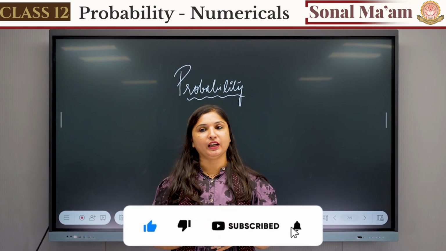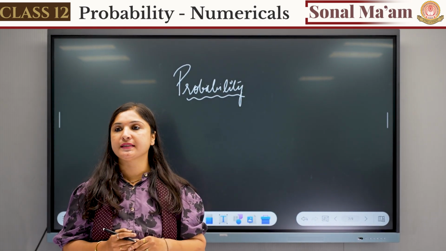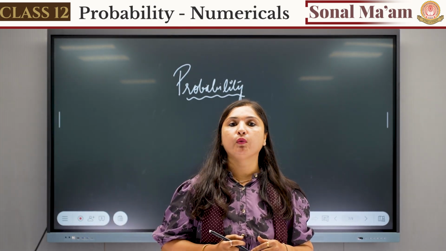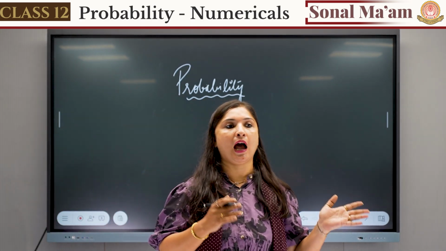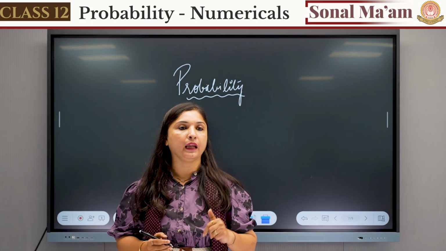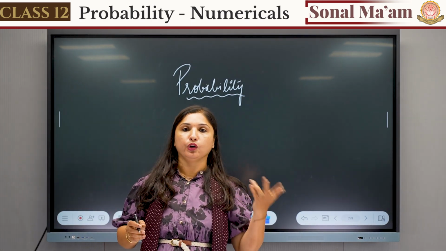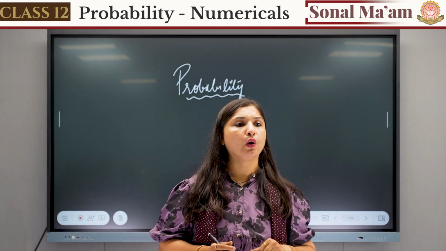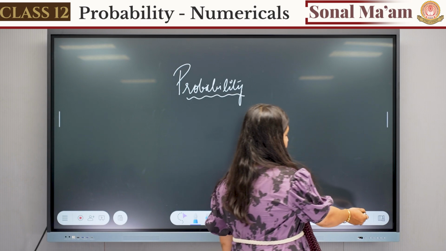So today we are going to continue sums of probability. We have already learned the various terms that will be used in probability. We have learned what is a sample space, right? What is a sample space? It is a set of all the possible outcomes of a random experiment, and we denote sample space by U. So we already know what is sample space. We already know what is the event, what is union event, intersection event, difference event, right? Now we are going to do a few examples. Okay, fine. So let's try some examples.